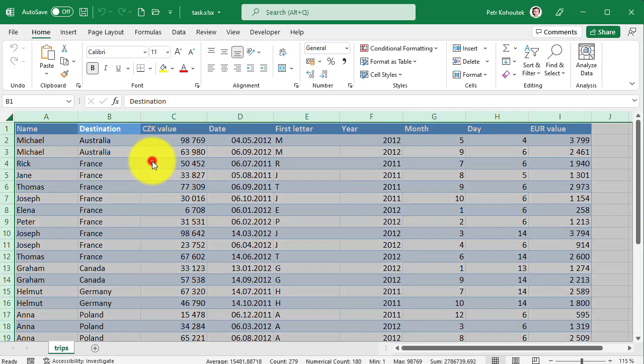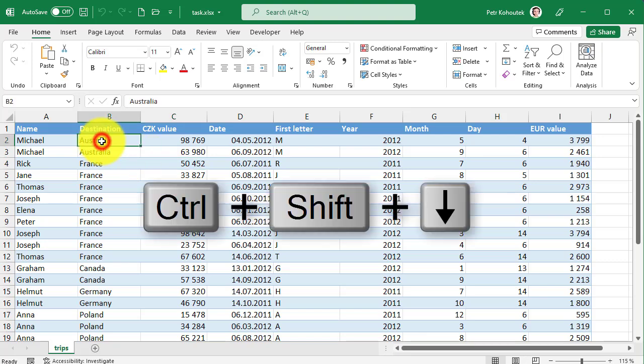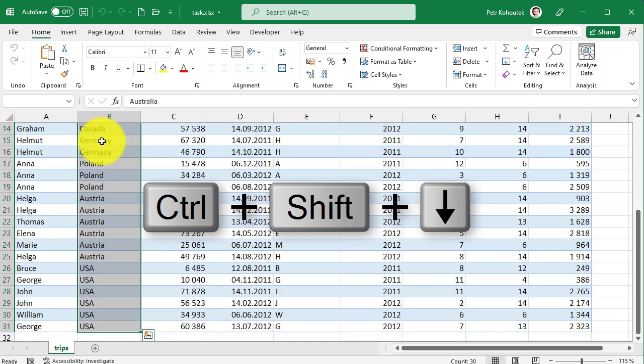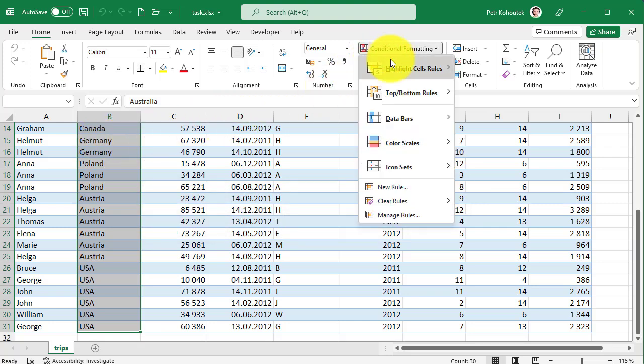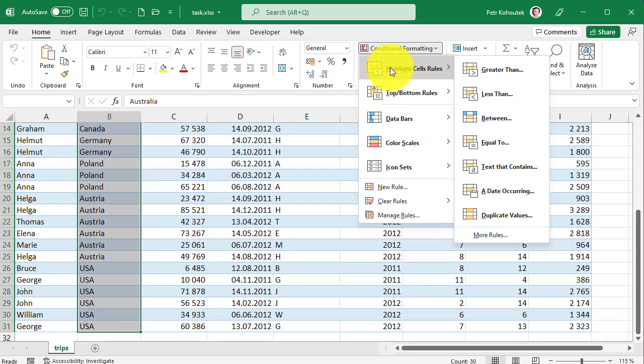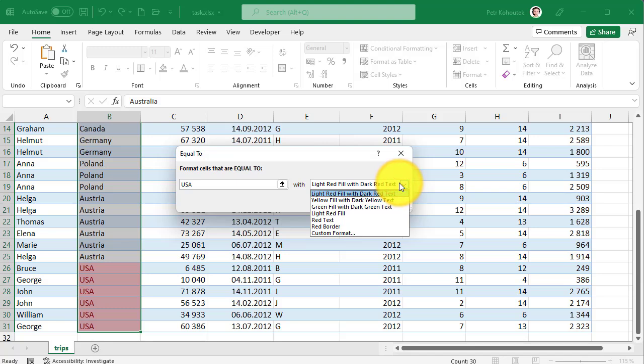We would need to highlight all employees traveling to the US in the business trip table. So we select the destination column, and on the Home tab, in the Conditional Formatting menu, choose Highlight Cells Rules, select Equal to, and write USA here. The format can be selected in the right field of the predefined colors, or the format can be created according to your own ideas in custom format.